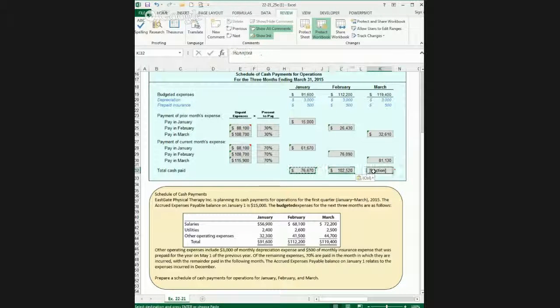And to do it again, let's just paste the value that would be for March, 113,740. So in sum, January's cash payments would be 76,670. February's cash payments would be 102,250. And third, March's cash payments would be